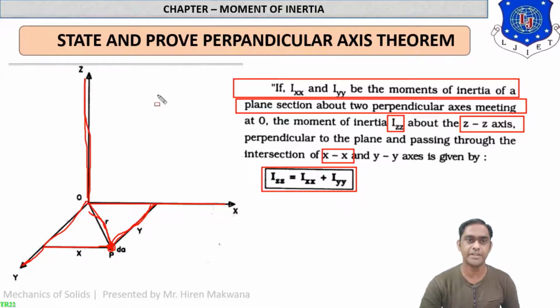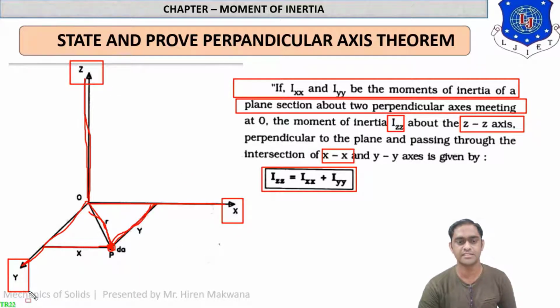Iyy. What does it mean? Moment of inertia about this axis is equal to the addition of moment of inertia about the x-axis and moment of inertia about the y-axis. Now you can see from the figure that using the Pythagoras theorem, x square plus y square is equal to r square, because this triangle,